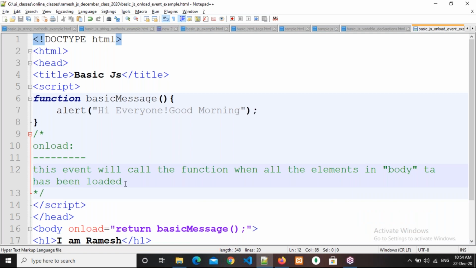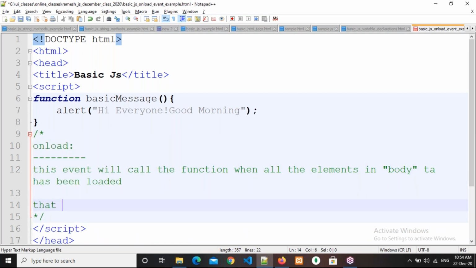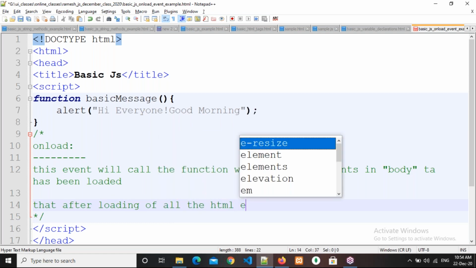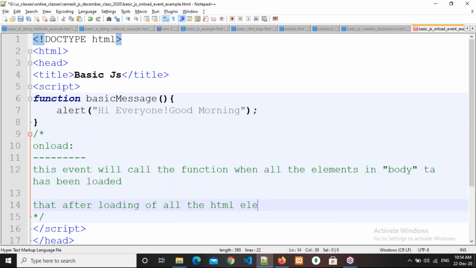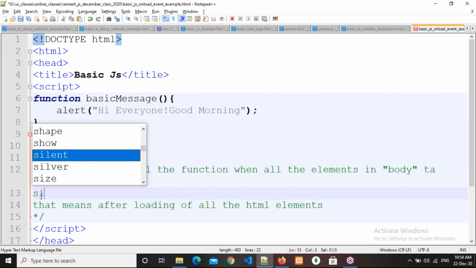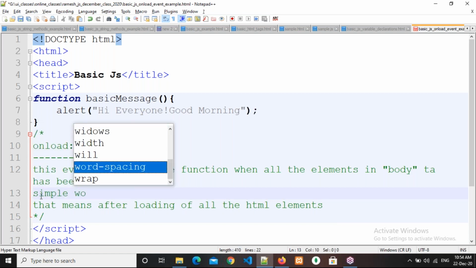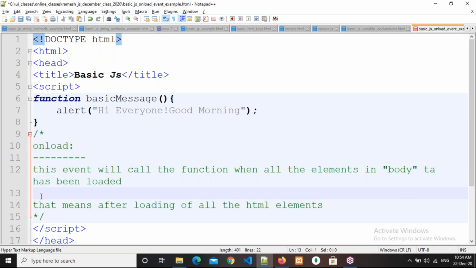So that means after loading of all the HTML elements, in simple words. Understood? That means after loading of all the HTML elements and their content.